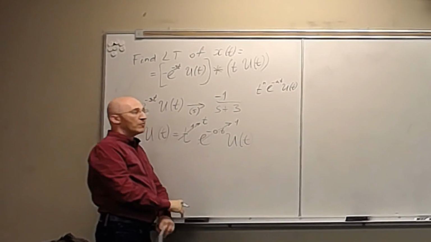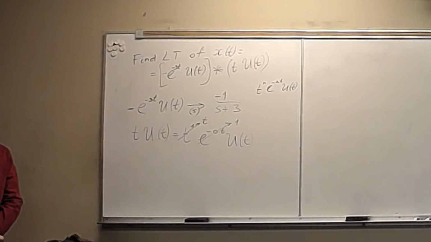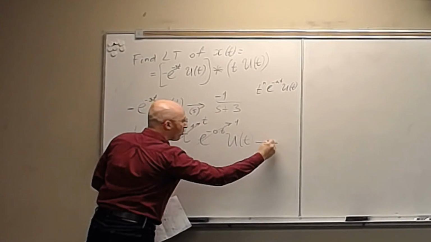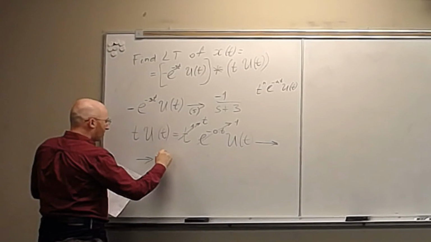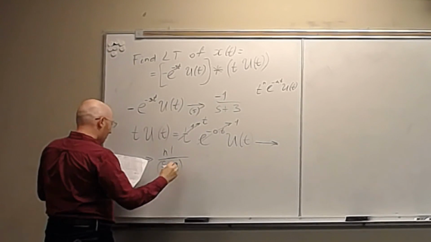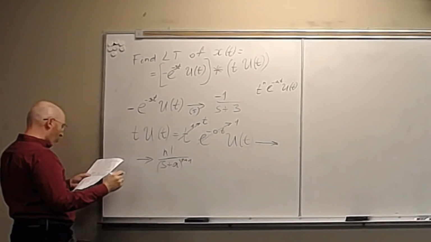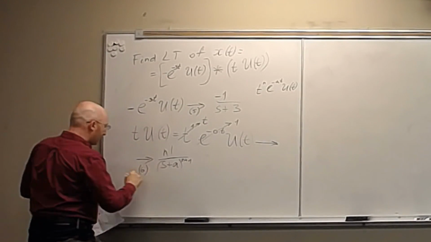So a is 0 and n is 1. For that you have the transform n factorial divided by (s plus a) to the power of n plus 1. And this is formula number 6